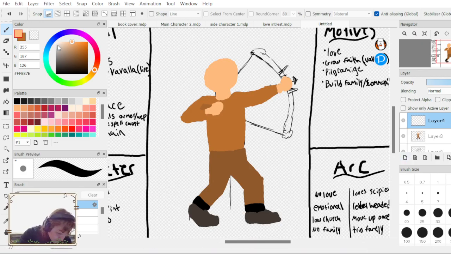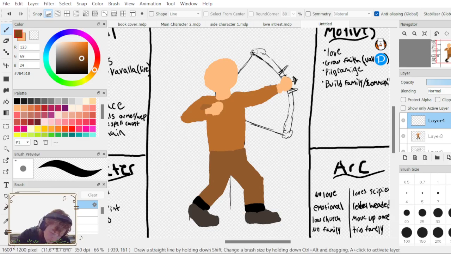Alright, let's make the bow. Seems like this color.